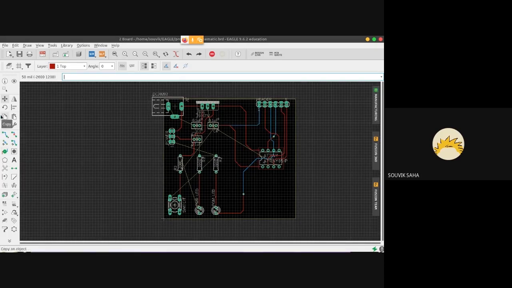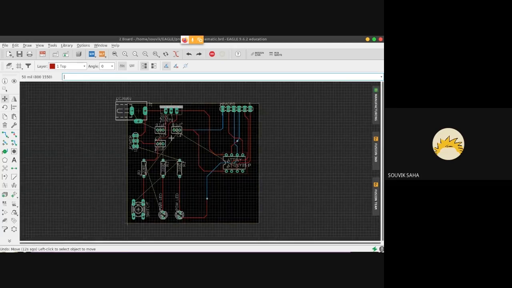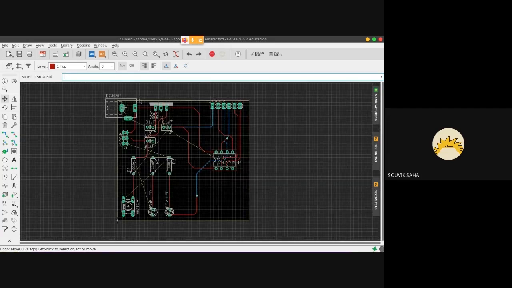If you're still routing, then I'd advise everyone to stop routing and look at what I'm doing, because routing will take some time if you're not done. So now you'll notice that all these air wires are still left. You can't leave them hanging. So there's this trick. I want those who have completed to follow along. If not completed, then just watch.